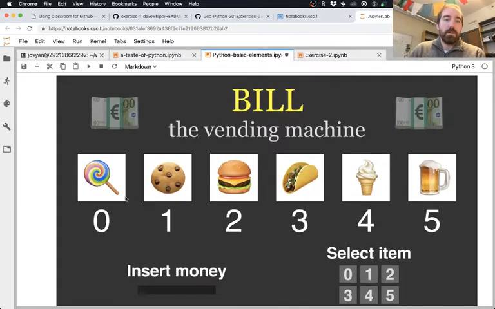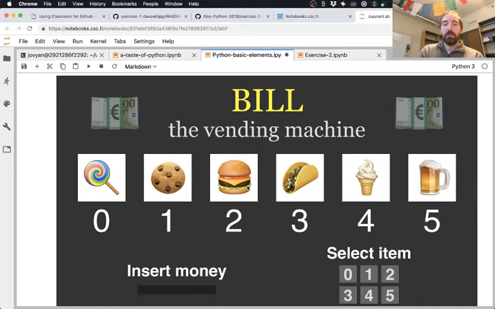We came up with this perhaps useful analogy and kind of poorly depicted vending machine called Bill. It's supposed to be some kind of dollar bill, y'all joke, that you put your money in there. Anyway, the idea with Bill is that it basically works like a Python list. A vending machine is a pretty good example of how a Python list works. You put your money in, you know what you want, like say you've got some vending machine where you actually want to buy a cheeseburger from it. You put your money in, you say, okay, I want that cheeseburger.